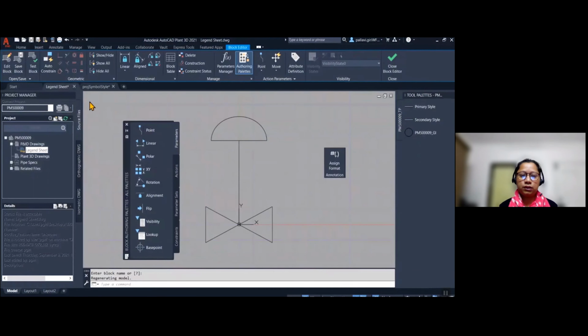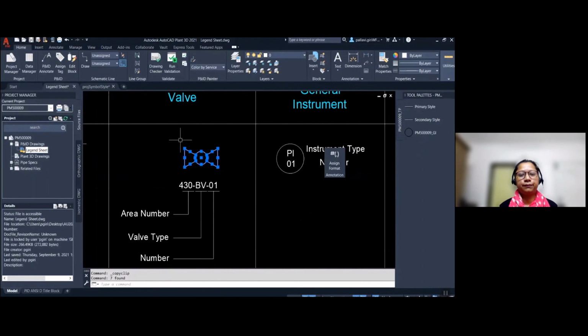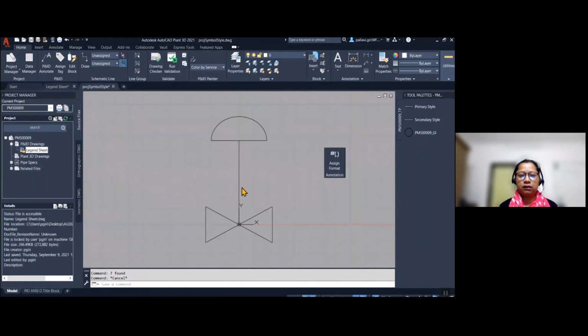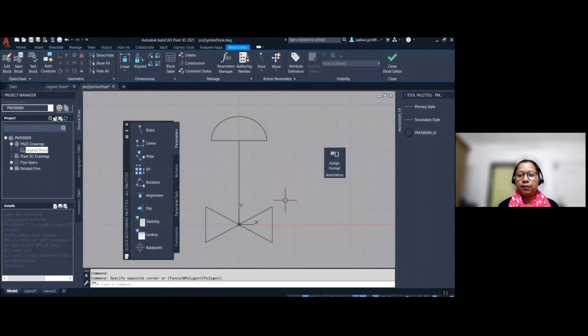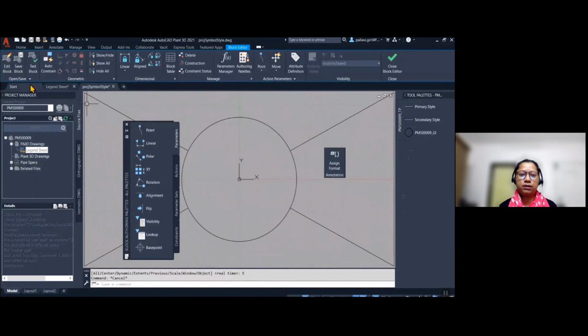We are going to use the valve which we have received from the client. I'm just copying that thing here. And now I'm going to select this control valve and delete this symbol. I'm going to replace it with my symbol. So here you can see the displacement is 0, 0.